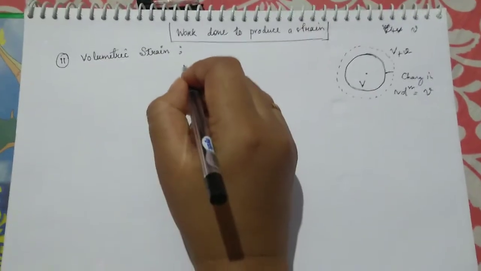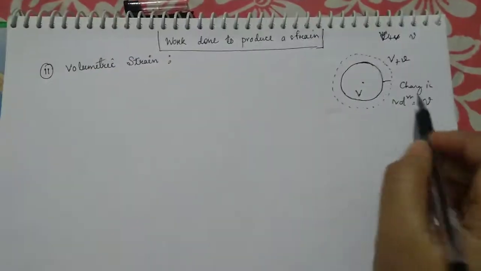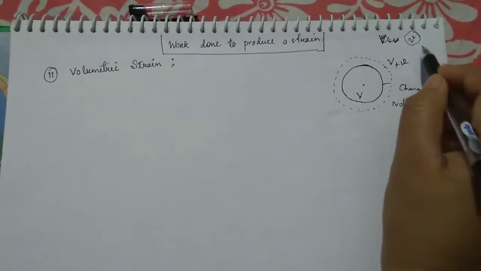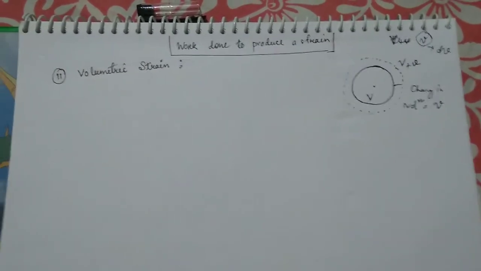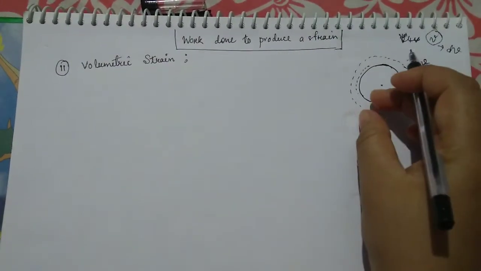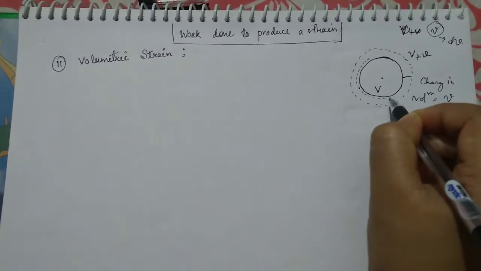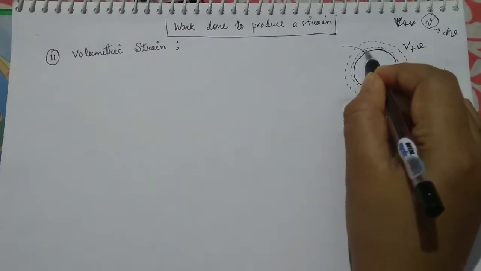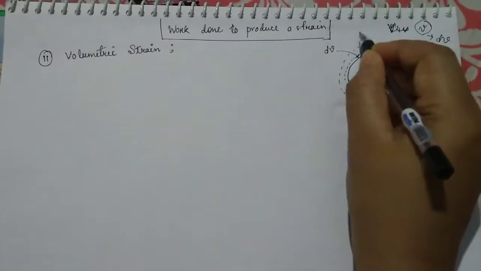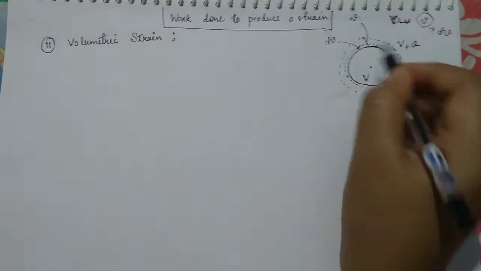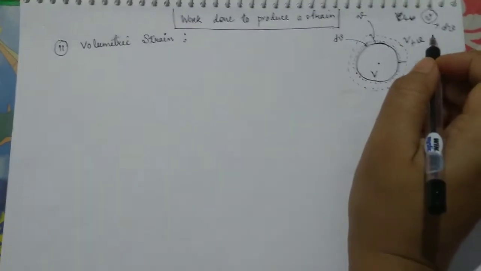I'm not going to repeat all the explanation again, I'm just going to do the derivation directly. We cannot find out how much work is done to produce a volume v directly. What we will do is first calculate the work to be done for a small volume dV. If the whole part is called small v, a small part of small v is called dV. Understood? I hope you can understand it well.